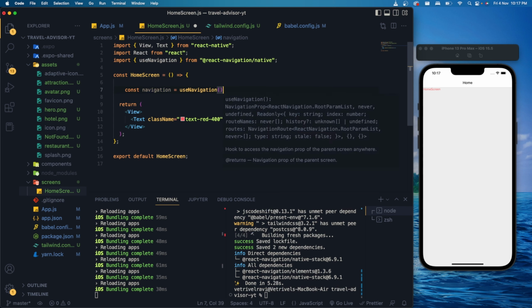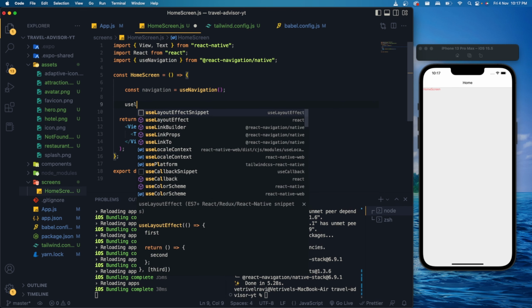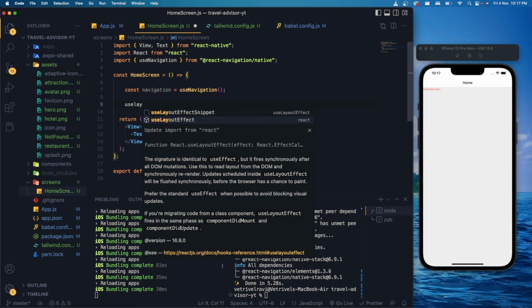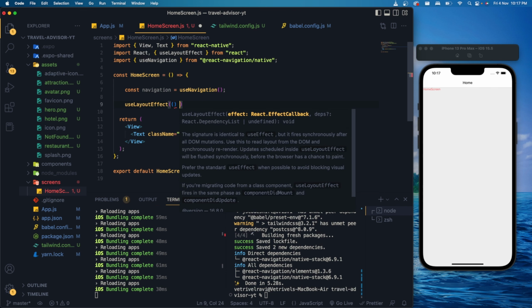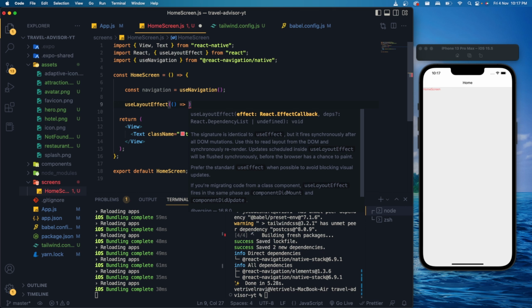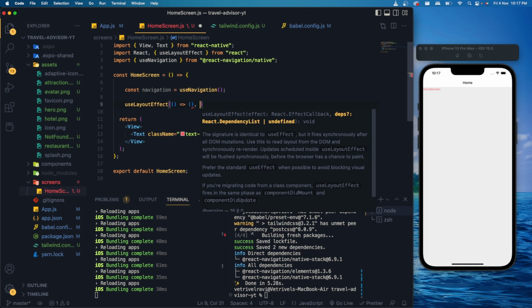I'm also going to use useLayoutEffect. Basically, useLayoutEffect is triggered whenever the UI is loaded or there are any changes in the UI. It takes two parameters, just like the useEffect hook. The first one is the function parameter, and the second one is